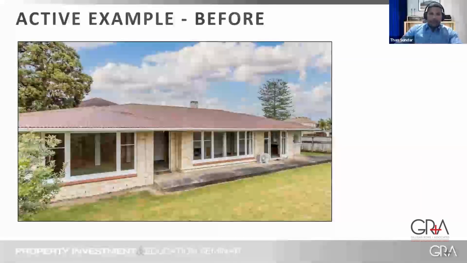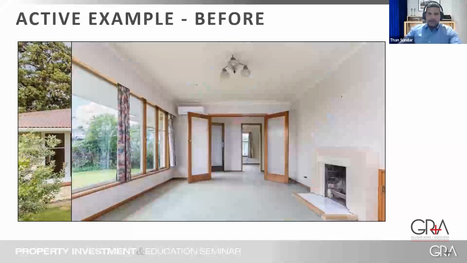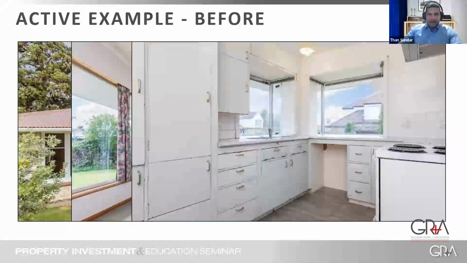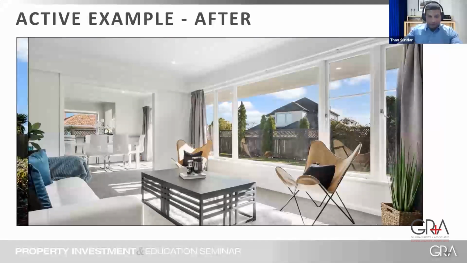Here's an example of a property. That's the before photo. It was a large home with 2 bedrooms, which was dated, as you can see. It had original wallpapers, colors, and decor, and the kitchen had seen better days. What we did was buy it at auction, doing our numbers, and then renovate the property inside and out fully. We transformed this home so that a home buyer could come through and fall in love with it, and pay the dollar required to move in and enjoy that home.